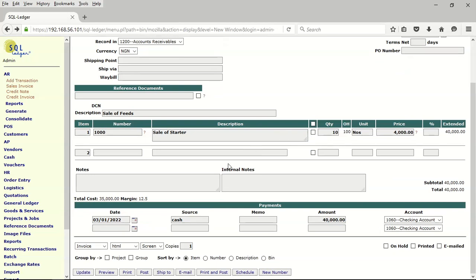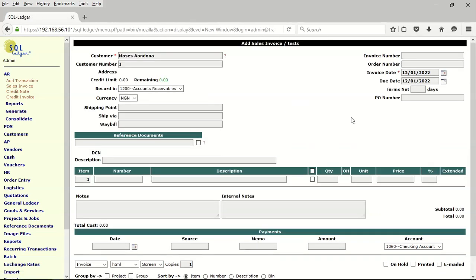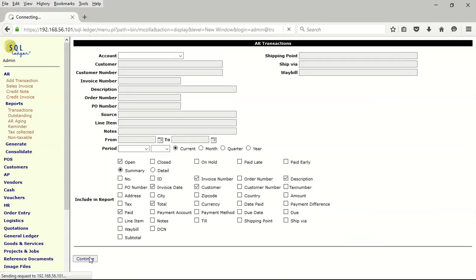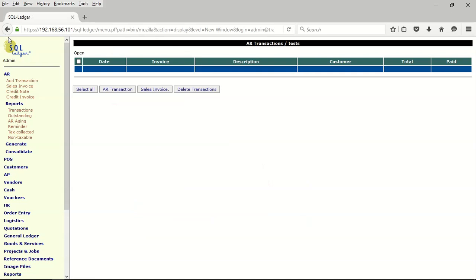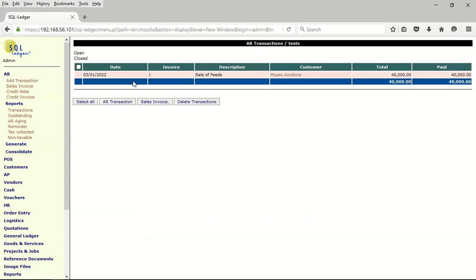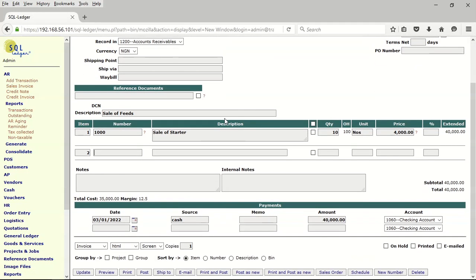So if we post this item here, we could click on post, and that item has been sold, and that is a bill. Let me go back to that transaction again. Sorry, there's nothing that is left here. Let me also go and click on and go to this transaction again. What we would have done actually, if we had wanted,